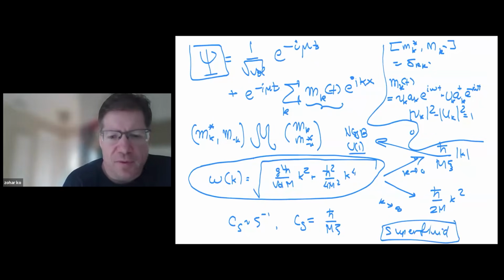A superfluid has several properties that we've seen today. One is that it has a speed of sound, so it has collective behavior. Second, it has excitations which are linear in momentum, and they move at the speed of sound. Third, there is a spontaneous breaking of U(1) symmetry in the sense that the field operator is a mixture of creation and annihilation operators. And there is a Bogolubov transformation. So everything I told you today is essentially the foundations of the superfluid. We see that sodium atoms weakly interacting become a superfluid.